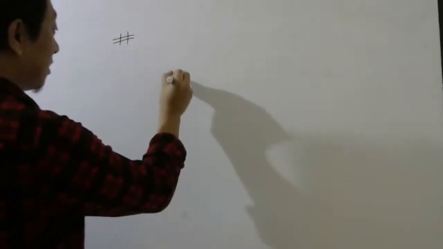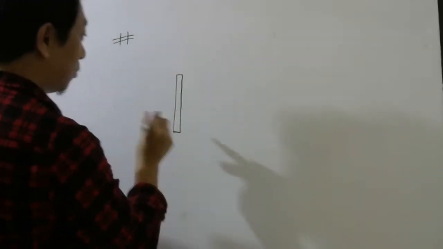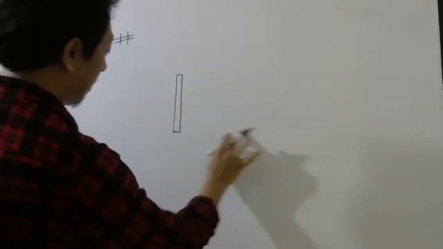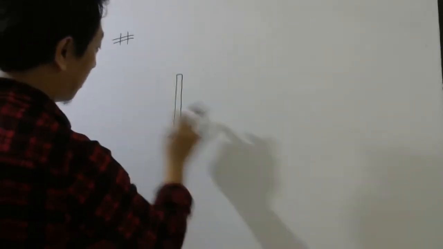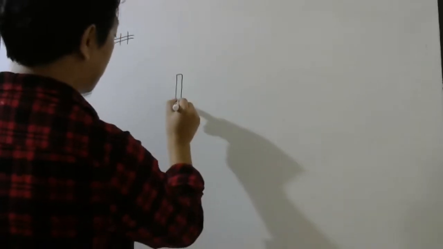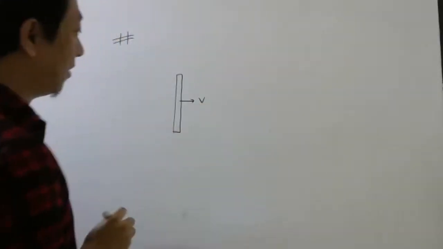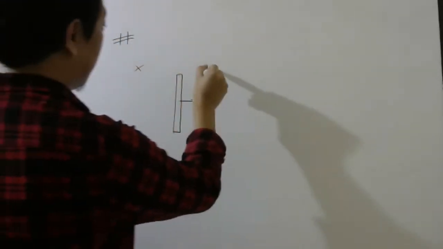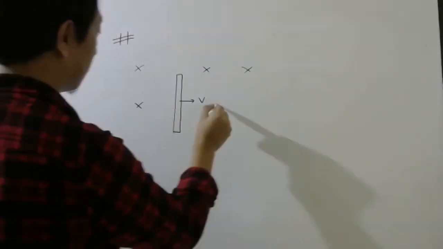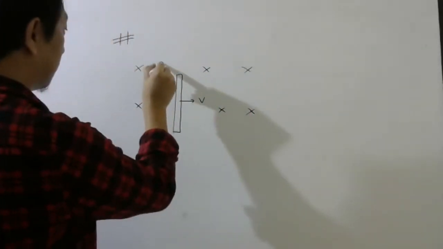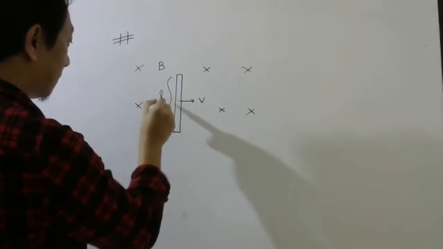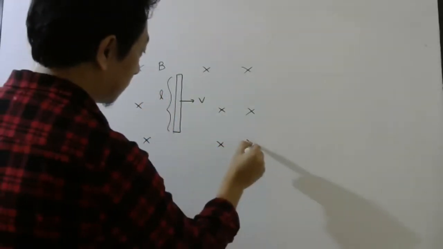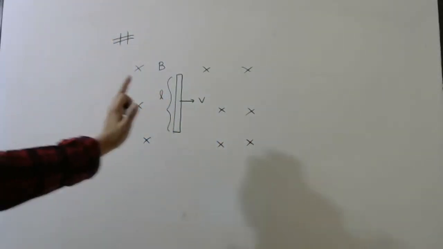What if I just move a rod without any loop here, without any external circuit, without any resistor? Suppose I just move the rod with velocity v in a magnetic field. This is the length of the rod. So if I move only the rod,